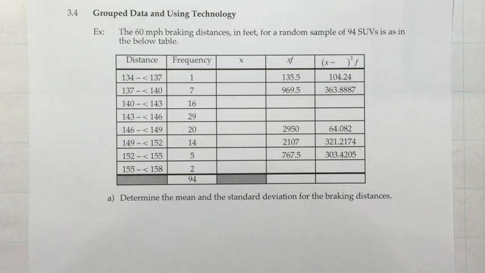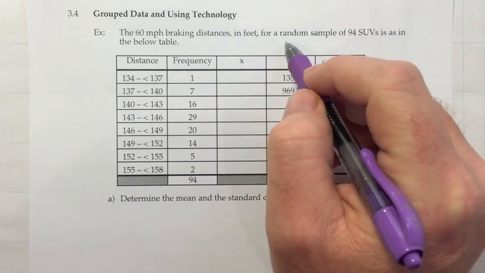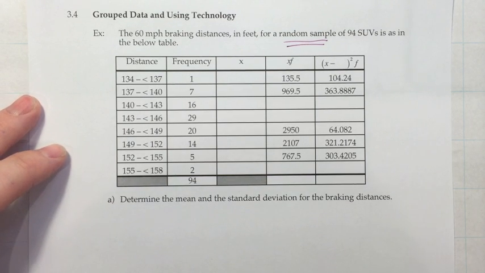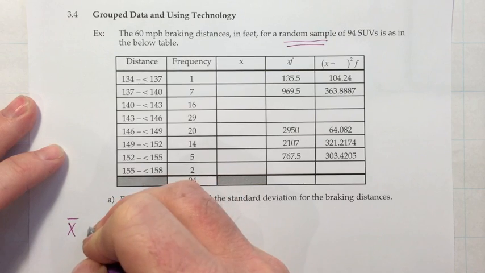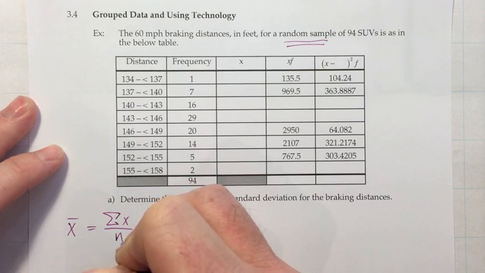So let's go ahead and do what they want in part A, which is to determine the mean and standard deviation for the braking distances. And the first thing we have to sort out there is what kind of mean and what kind of standard deviation they are talking about, because they didn't specify. They just said the mean and the standard deviation. But up here it says we're working with a random sample. So if this is sample data, then the type of mean we want is a sample mean. So let's start there. For x bar, we want to add up all of our data values and divide by